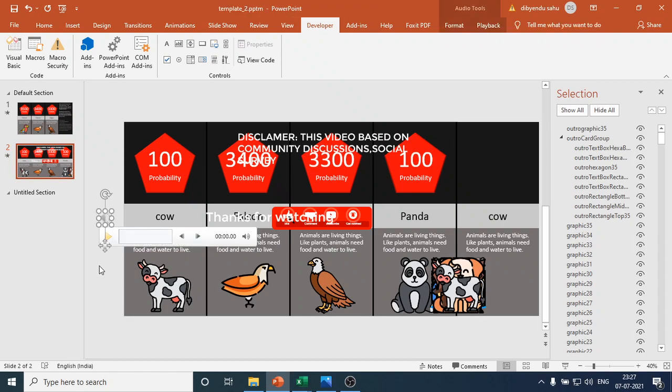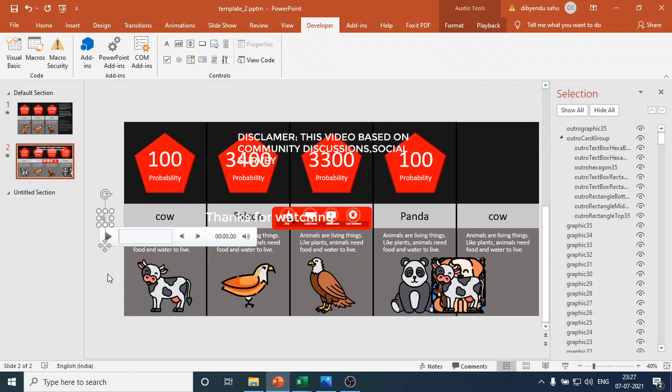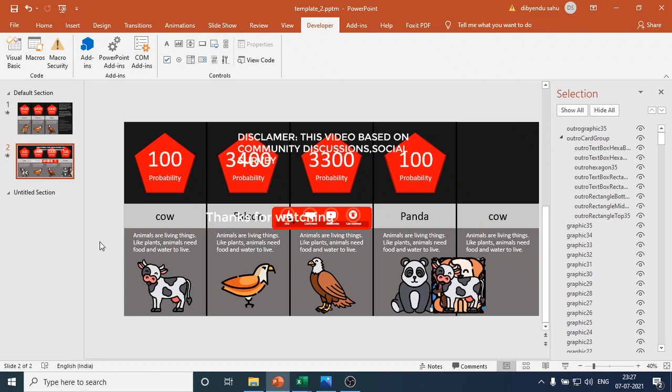If you want to change the audio file, first delete this file. Select it and press Delete. Now you want to add your own audio file. Keep in mind you have to insert the audio file in slide 2. So I am in slide 2.